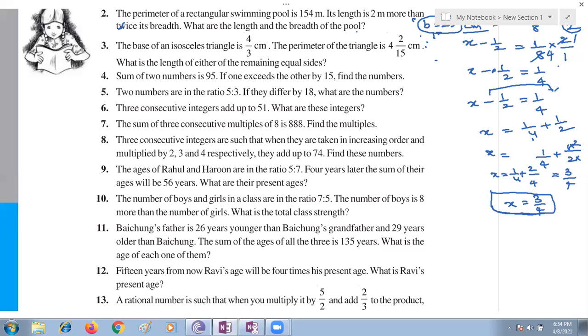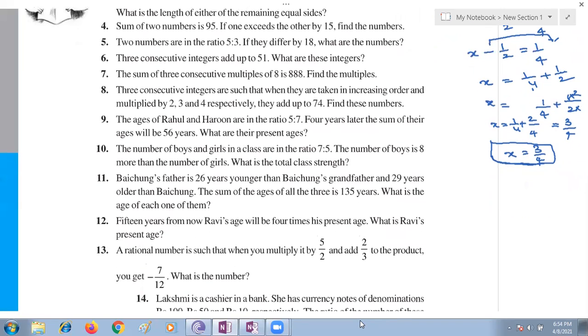So perimeter is also given. Whatever the figure given for you, perimeter of the figure is the sum of all the sides. Let me draw. Sum of all sides. Yes. Sum of all sides. Ma'am, 4 integer, 1 minute. Ma'am, 2a plus 4 by 3 equal to 62 by 15. Wait a minute. I'll help you.